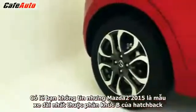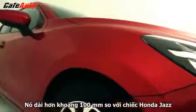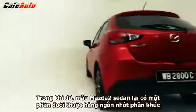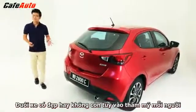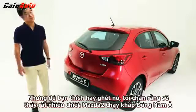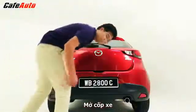It may not look like it, but the Mazda 2 hatchback is the longest among B-segment hatchbacks. It's more than 100 mm longer than the Honda Jazz, and its wheelbase is one of the longest in class. The Mazda 2 sedan, however, with such a short boot, is one of the shortest compared to its sedan rivals. The rear? A little bit of an acquired taste, to be honest. You either love it or hate it, but either way, expect to see many of these running around in Malaysia soon. Open the boot,